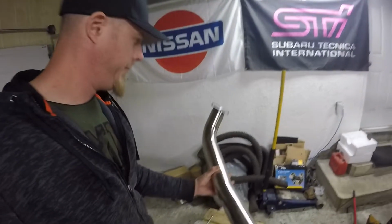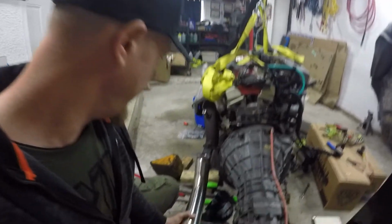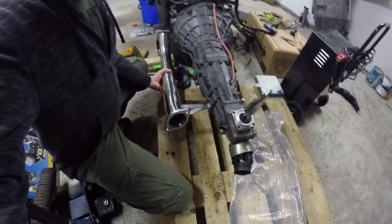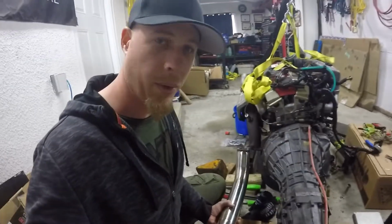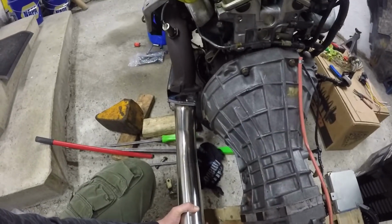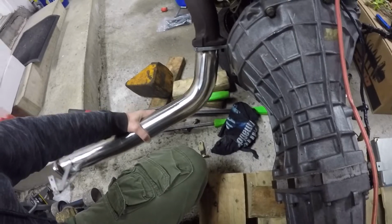This is the test pipe that I pretty much bought for getting this into the car. This pipe is for an SR20, and the idea is that it will bolt on somewhere there so that I can actually extend it from the rest of the car. I have the rest of the SR exhaust to go on, but up in the front you can see that flange doesn't line up. It is the proper size flange, so if I just get this one stud to go on,